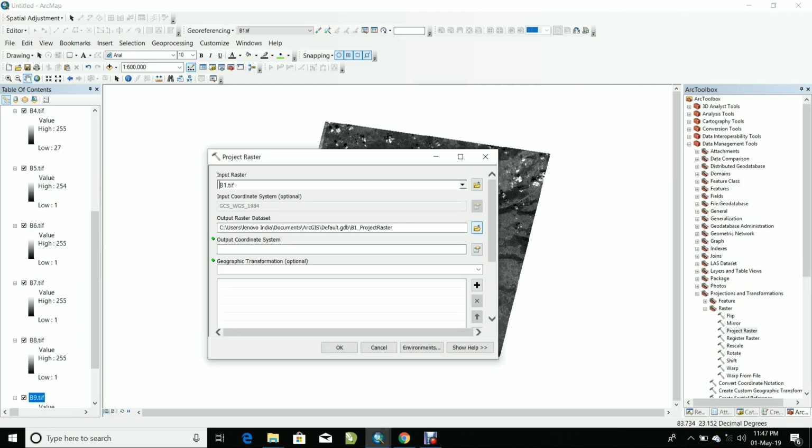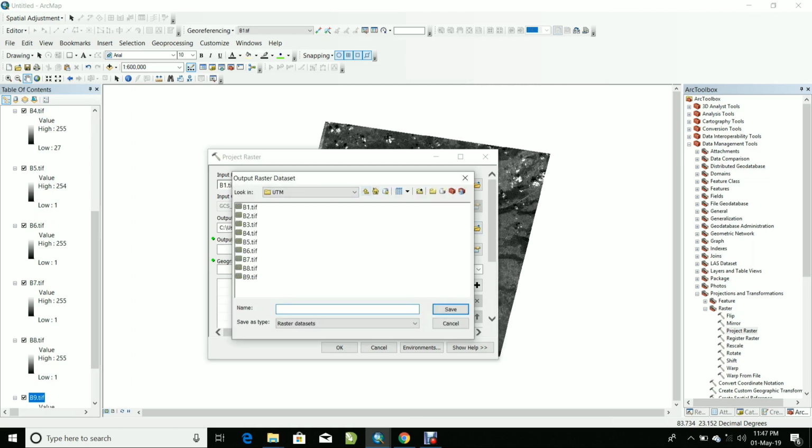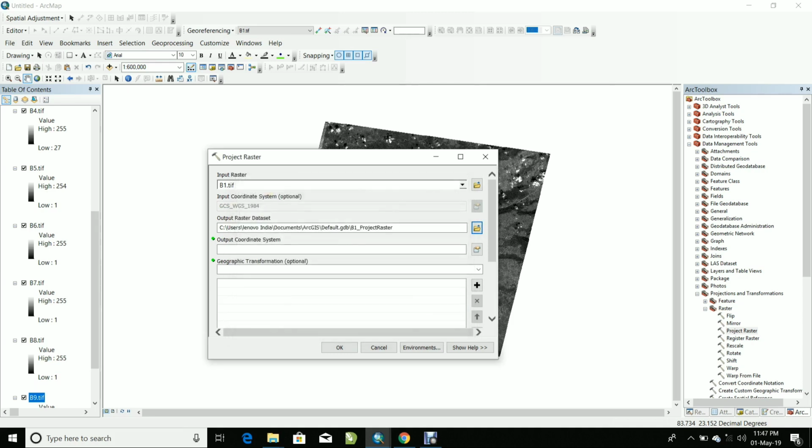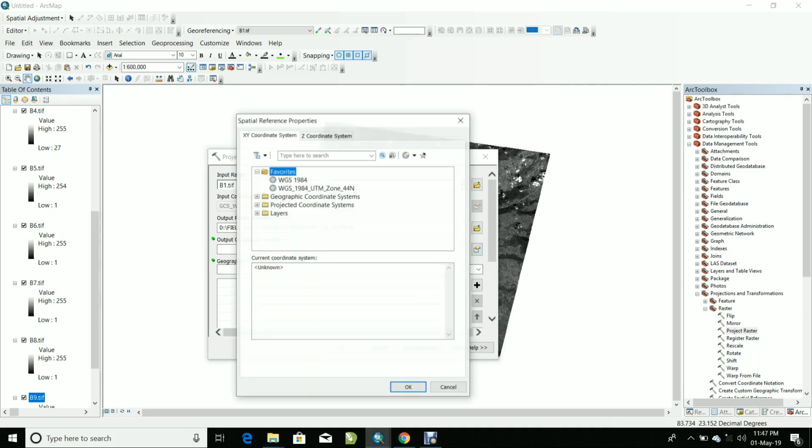After putting the B1 band, we have to make a separate folder which we'll name as UTM, which is the output raster dataset. Now we have to give the output coordinate system, which is WGS 1984 UTM Zone 44.